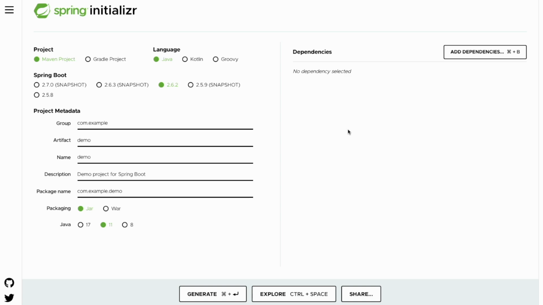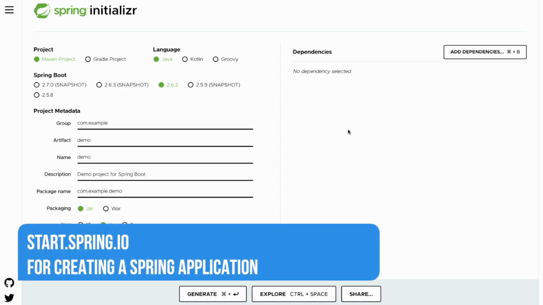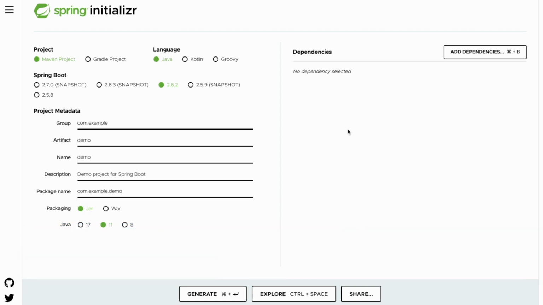So to begin by creating a Spring server, we're going to head over to start.spring.io, and this is a typical way for creating any kind of Spring Boot project. The project is going to be a Maven project because that is the build tool that I prefer. We're using Java, and at the time of recording this video, Spring Boot version 2.6.2 is the main one. Because our application is for a store, I'm just going to change the name of the group to com.store, and then the artifact will just be store. And the description I'll just change to REST service for store,